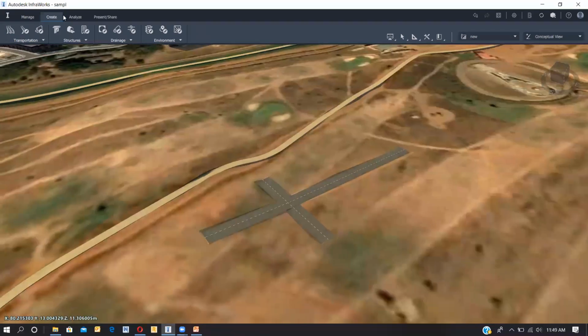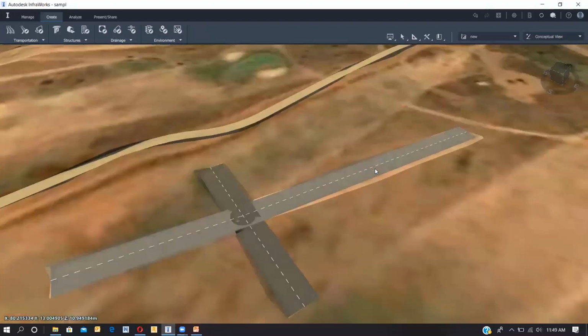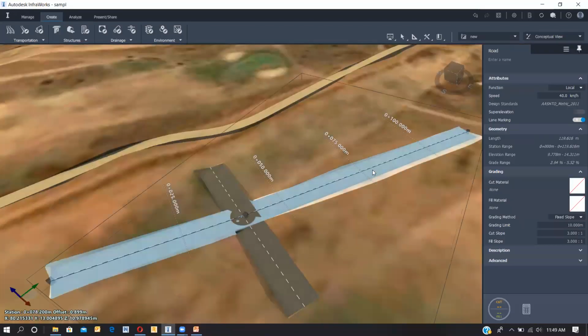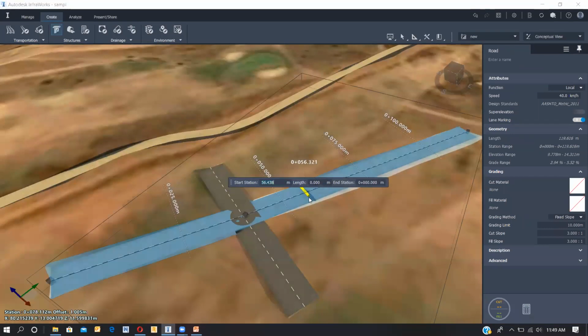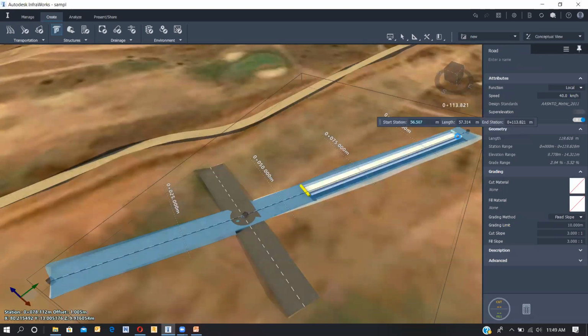Likewise, you can also convert these to a bridge, like this. What I'm going to do, I'm going to add a structure called bridge. I'm going to start from here and I'm going to end here. You'll be seeing the magic that abutments, piers, and the things will be created over here in this span. So in this span the things will be created, like you can see here.